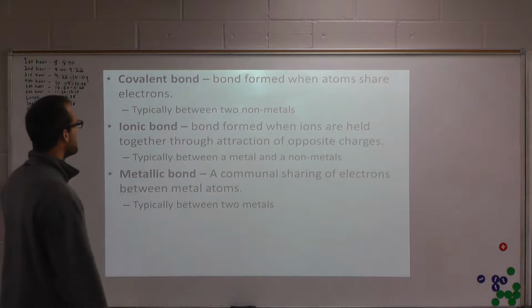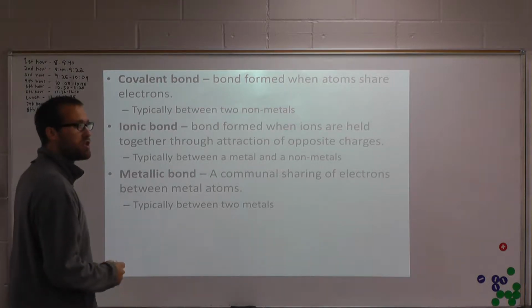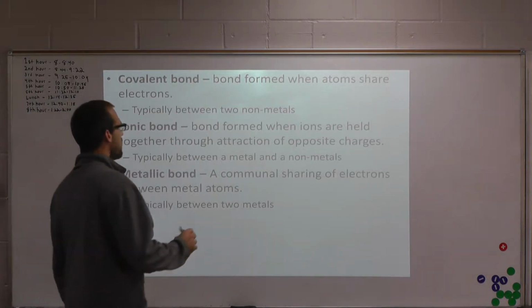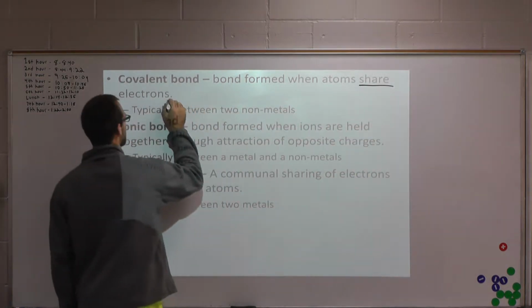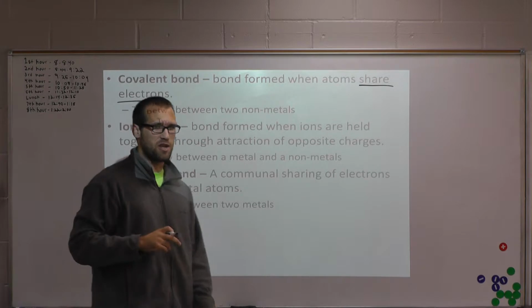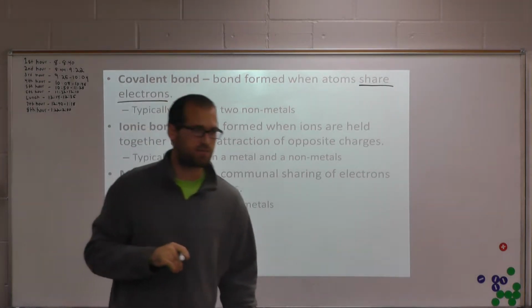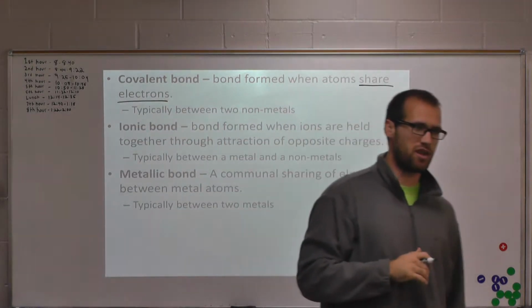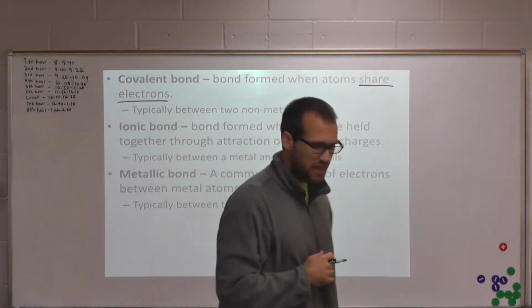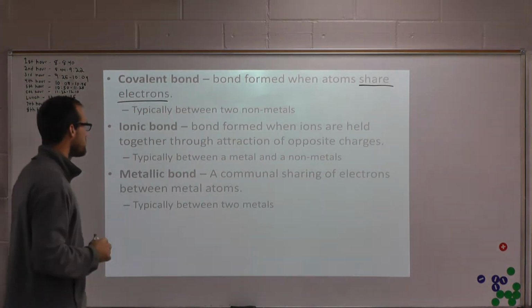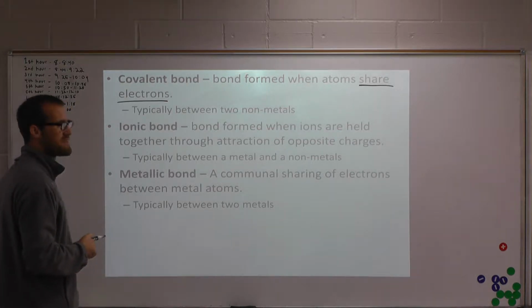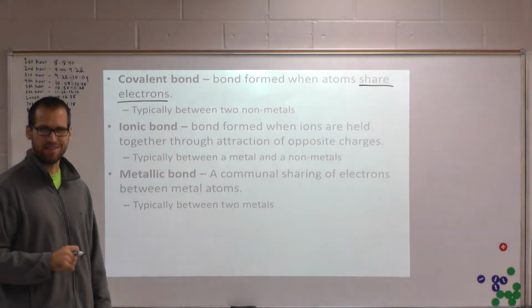So here we go. Three types. Covalent. You should remember this, but I do need to review. Covalent bonds are ones where their electrons are being shared. We're going to talk today how they're not always going to be shared equally. Sometimes they're shared equally, sometimes they're not, and we have to give them a little different name, and they act a little bit differently. Ionic bonds, if you remember, are when an electron is given by one and taken by another,